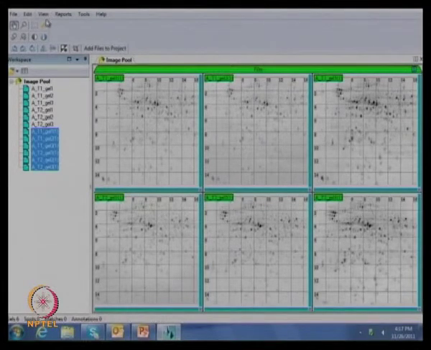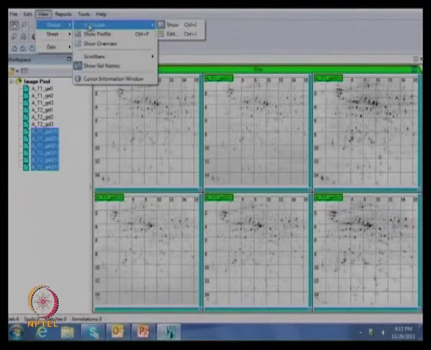And if you want to remove it, you can click the same way. Another option we can talk about is show profile. Once you click the profile, wherever your mouse cursor goes, it shows that particular spot, how the profile is looking, both X and Y axis. Yeah, X axis, Y axis. You can see for all gels the same thing here. So this is just to see the gel quality initially. This is what it is showing. Then you can remove that particular tool. Okay, this much is okay initially.